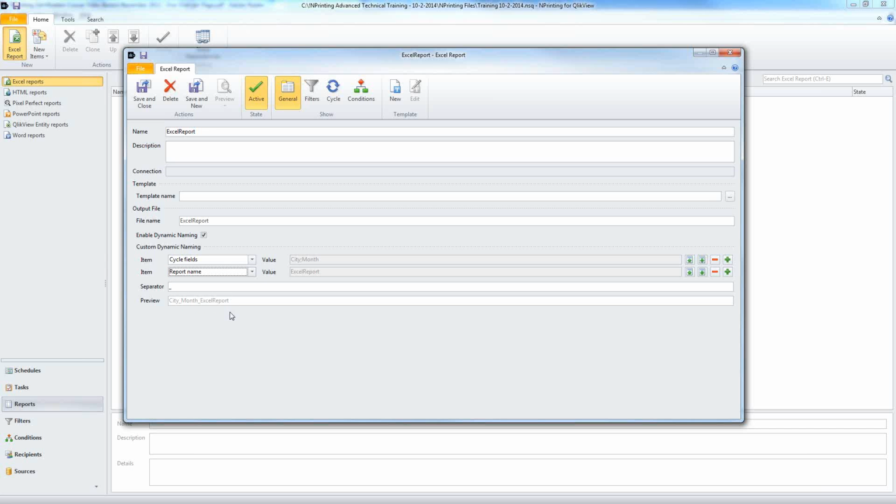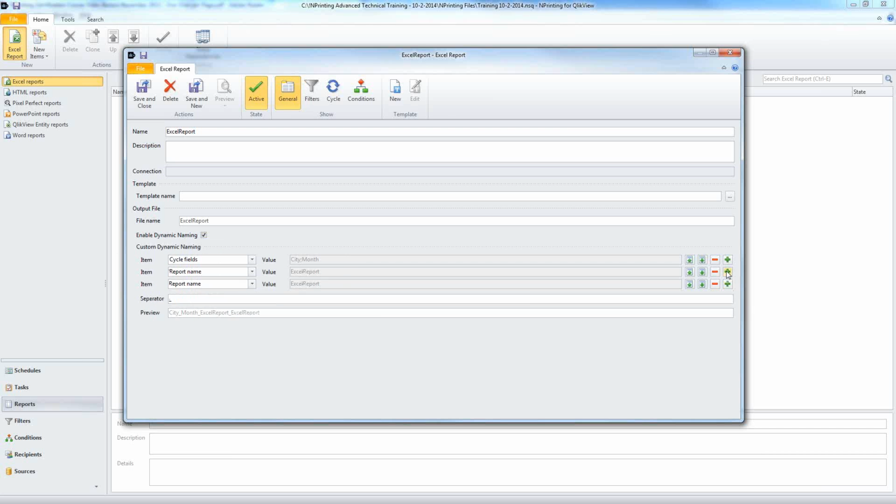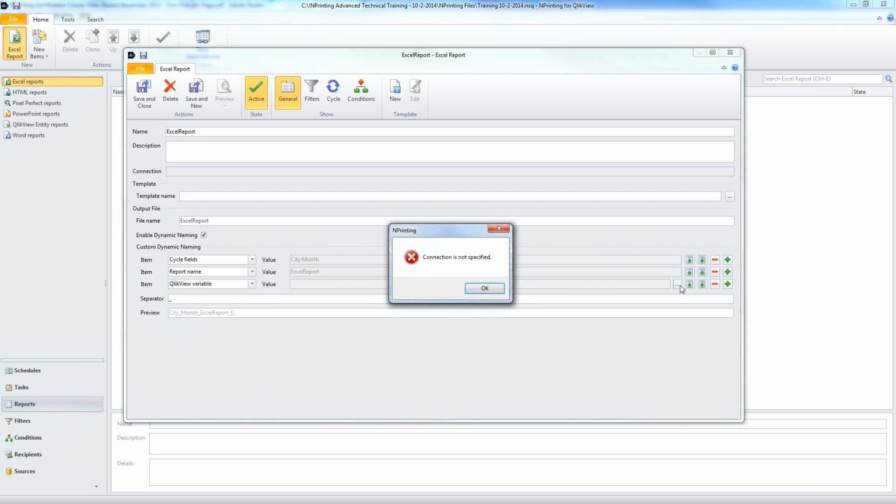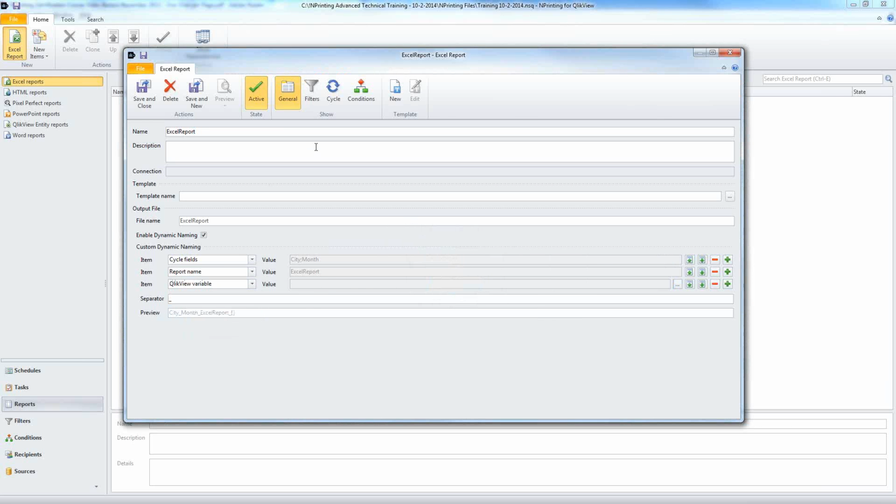Now, while we're looking at this, I just want to quickly show you how dynamic naming works. And the way it works is this. I select dynamic naming here, and I can click on this plus sign and add in any ClickView variable, say. Oops, sorry. I need to build a template before I do this, but any ClickView variable, I can insert the date, so a timestamp, into the name of the report. I can put the recipient's name into the name of the report. Okay, all of this,